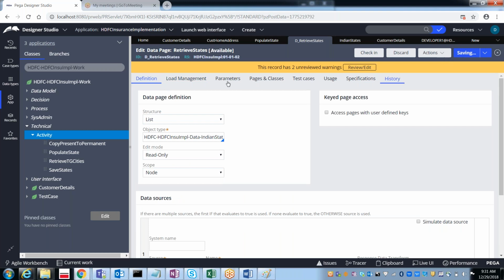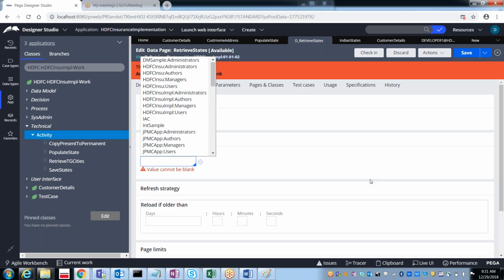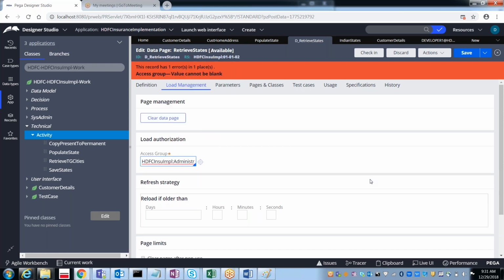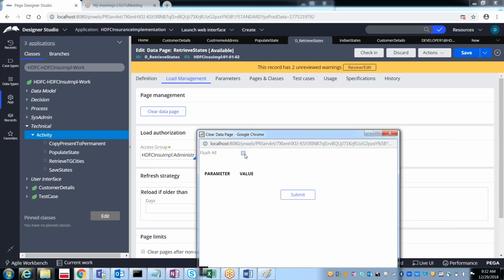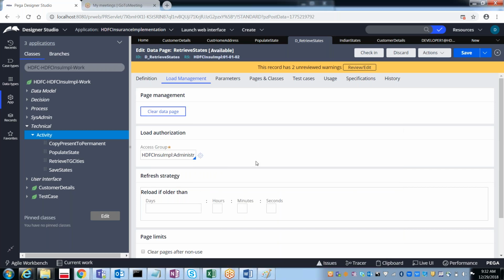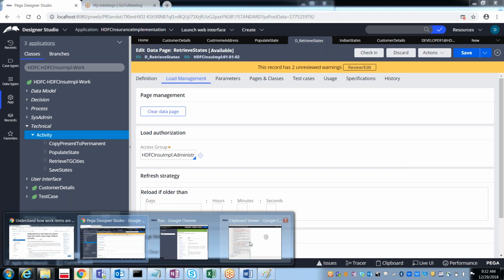Save it. For the node, this is mandatory. Save it. Okay, clear. Flush all. Submit. Remove. Now refresh the clipboard.